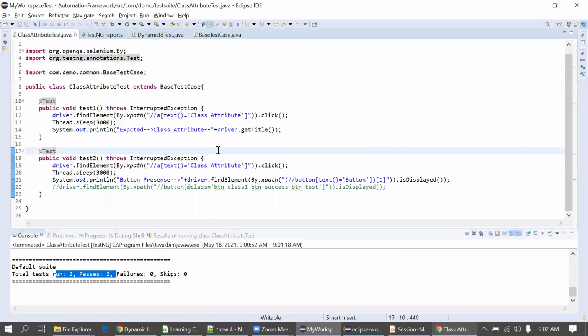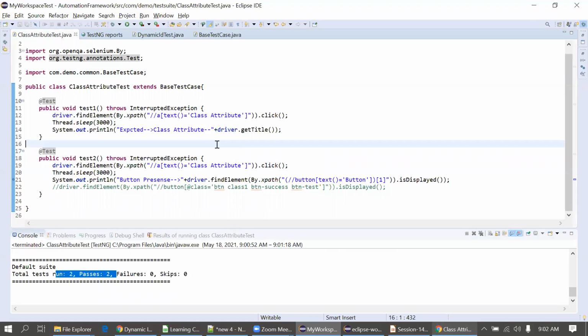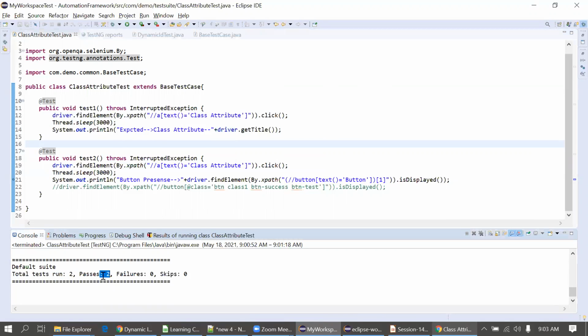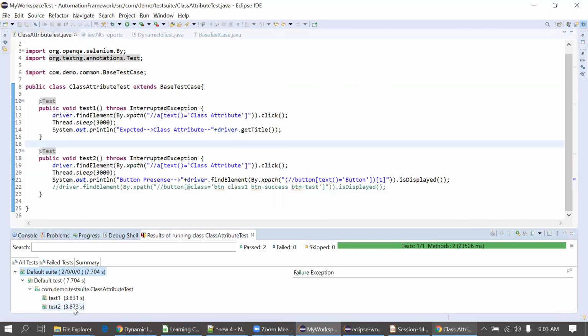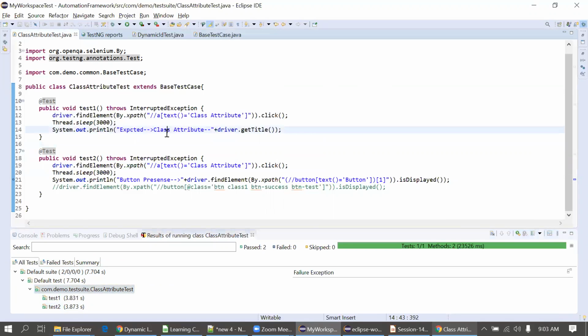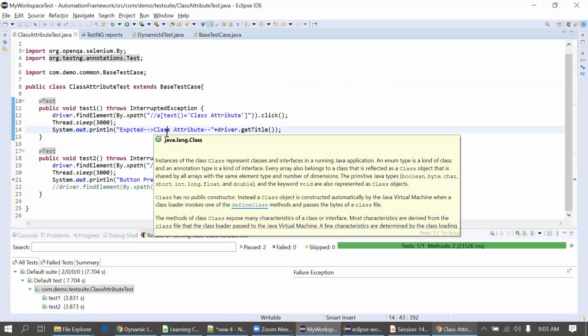We'll go step by step. Actually, these are the basic steps to initiate the framework. When we implement the page factory, then all the concepts present in web automation, every possible thing, I will automate there. Okay, fine. So the test cases got passed here, both of them. In this case, my intention is to just pass the test case.